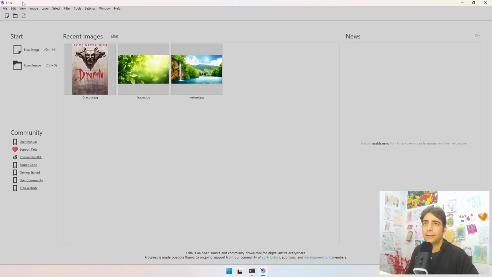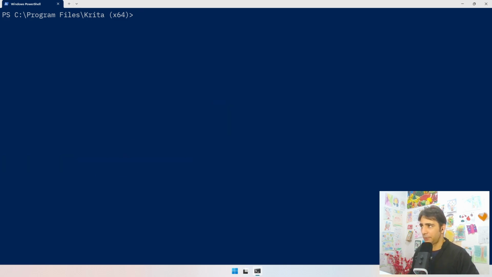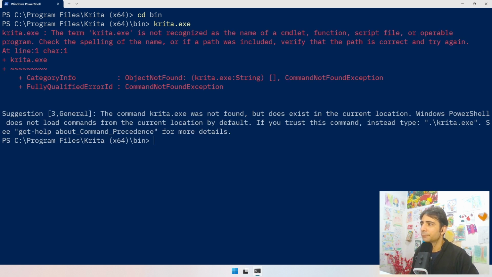And here it is. Now, I could have used the absolute path, the one starting with C:, and that would work too. But there's just one thing to notice when using the relative address. If I'm inside bin, now the relative address is just the name of the executable. But if I run this, it just says krita.exe was not found, but does exist in the current location. If you want to run that, use ./